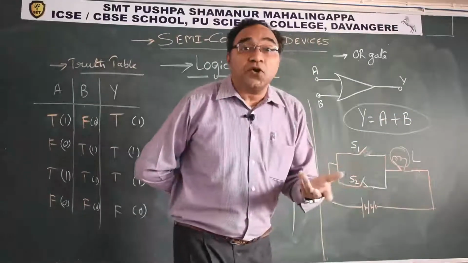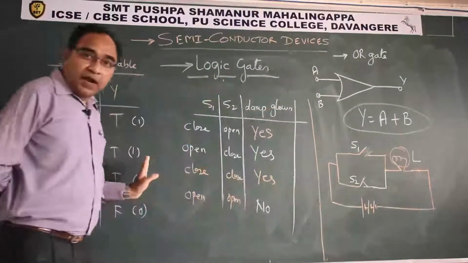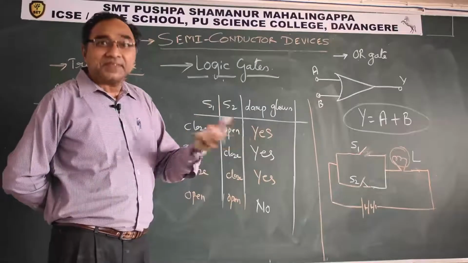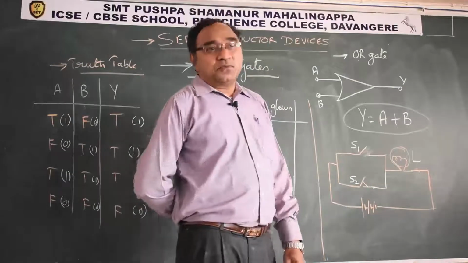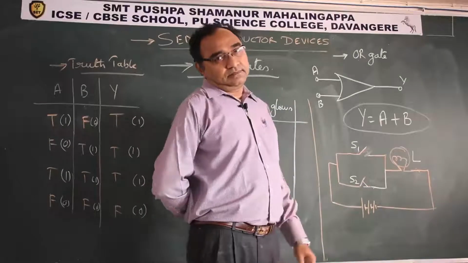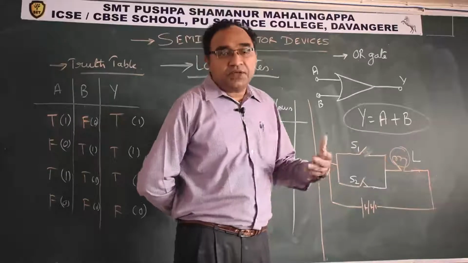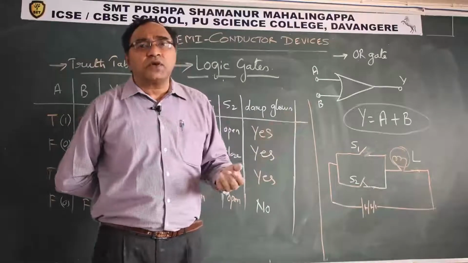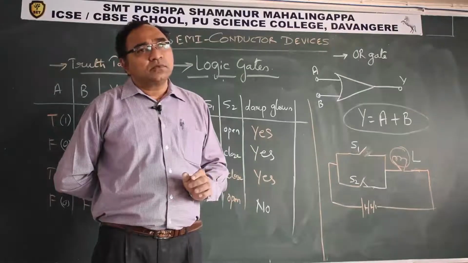Second, suppose carbon dioxide crosses 300 ppm. Again, it will allow the current. And if both are crossing the dangerous limit, fair enough, again it will get it. See, this is how we are using it in daily life. Many such applications are there, provided we think. Like, for example, if you have observed the signboards when you are moving in the city at midnight, 2 o'clock, 3 o'clock, the signboards are still on. Who is there to see the signboards?